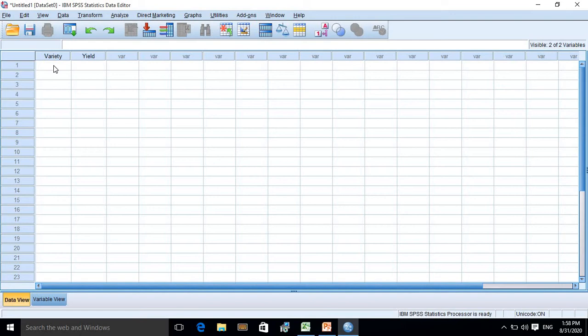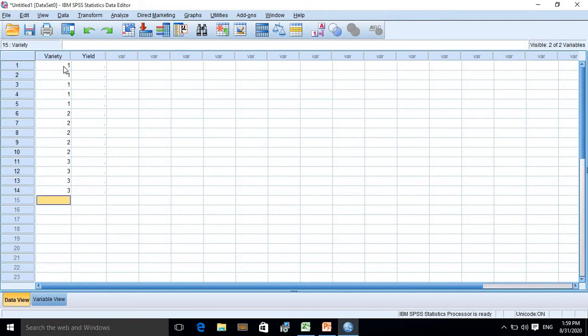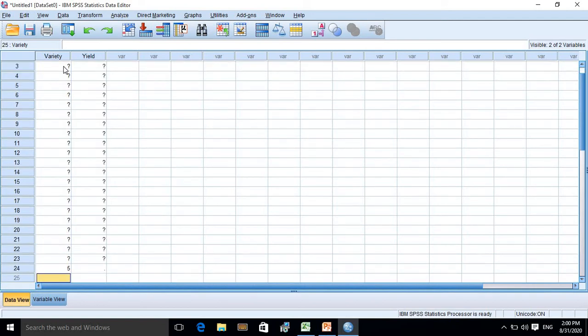Each treatment consisted of 5 replicates. Therefore, we need to repeat each value 5 times. Type 1 for 5 times, 2 for 5 times, 3 for 5 times, 4 for 5 times, 5 for 5 times.